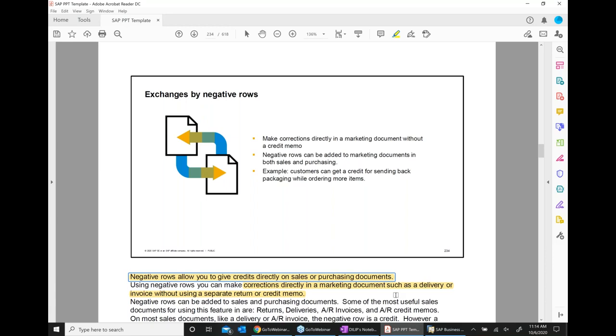That is called a negative row. A negative row can be added to a sales transaction and to a purchase transaction. With a negative row, you can make a correction in the original delivery or original invoice without having to create a separate return or a separate credit memo. That is another functionality.